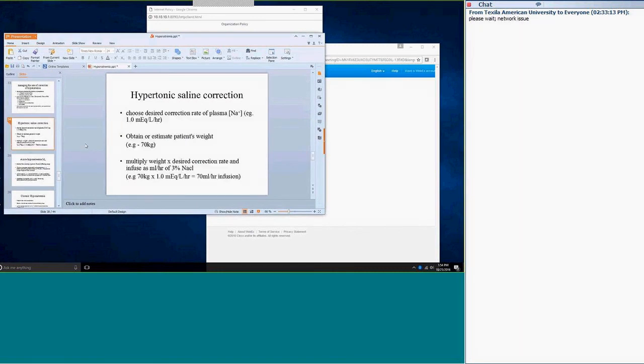If you want to raise by 1 milliequivalent per liter, what you have to do is multiply weight by the desired correction rate. So to increase by 1 milliequivalent per liter per hour, you divide body weight by 1. If you want to increase